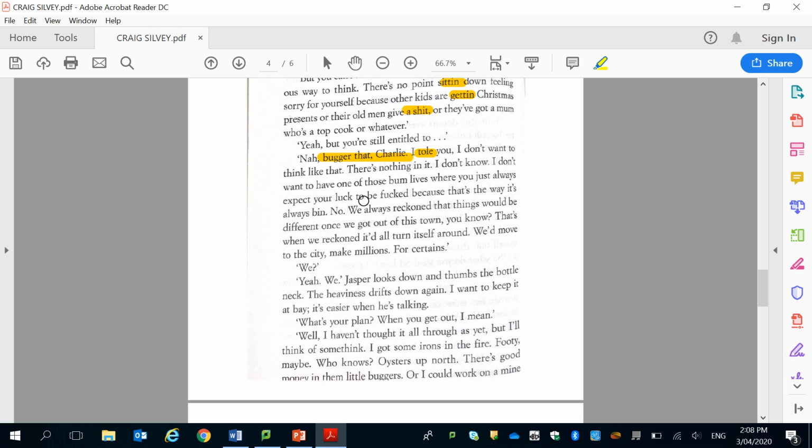I don't want to think like that. There's nothing in it. I don't know. I don't want to have one of those bum lives where you just always expect your luck to be useless